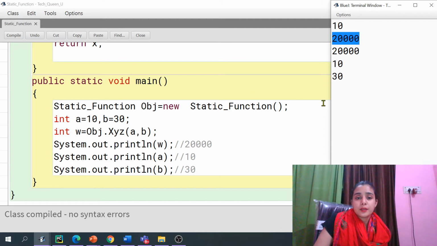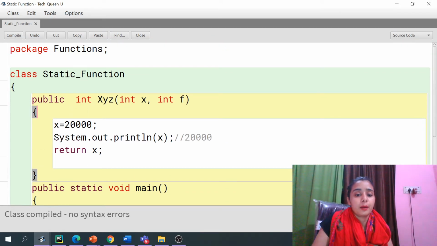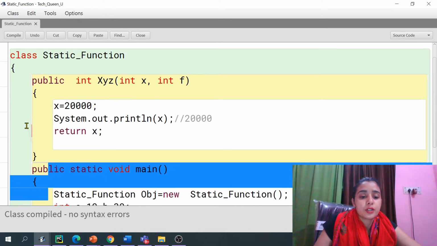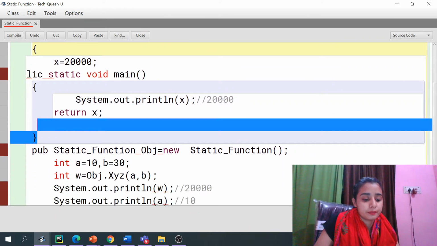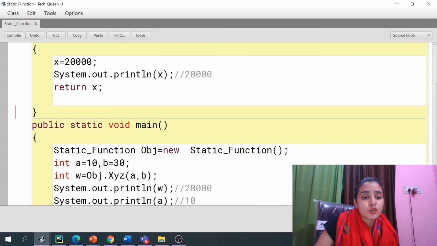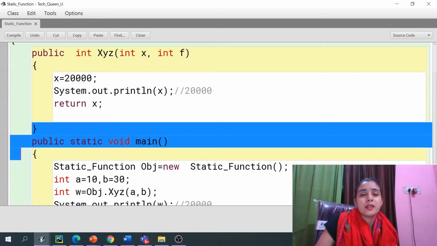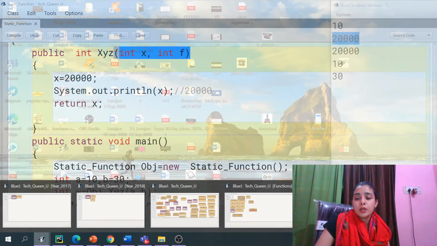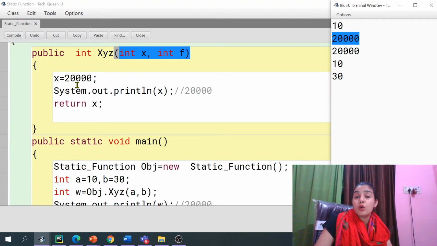First of all, I called the function xyz with values 10 and 20. We reach this function and the values are received by x and y. Now you have made changes in the value of x.